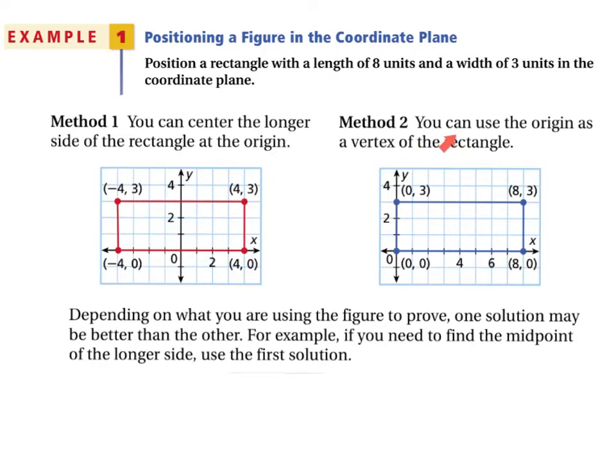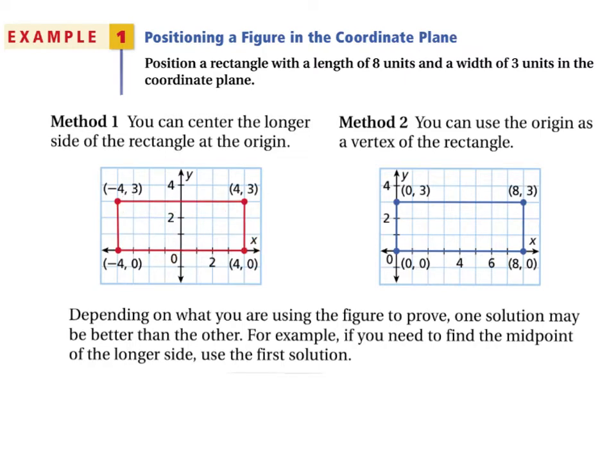You could also, for example, use the origin as a vertex of the rectangle. So 0, 0 is the vertex of this rectangle. Maybe you want all positive numbers. It's completely up to you. Depending on what you are using the figure to prove, one solution may be better than the other. For example, if you need to find the midpoint of the longer side, use the first solution. Because it's centered, 4 units to the left, 4 units to the right,